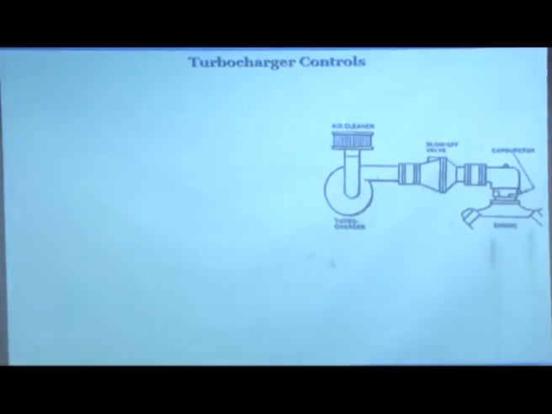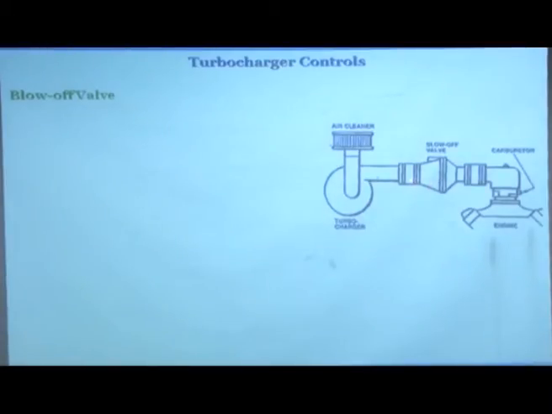The second control system in turbocharging is the blow off valve. So, this is the blow off valve here. Here you see you have an air cleaner, a turbocharger, and this is a blow off valve. You can have a carburetor, you can have a diesel engine, it does not matter, this is inconsequential. Basically the air is coming in, air is being compressed, and this is like a spring loaded valve. The moment the pressure increases beyond a certain level, this valve will open and allow the intake air to go out until the pressure reduces to the desired level.